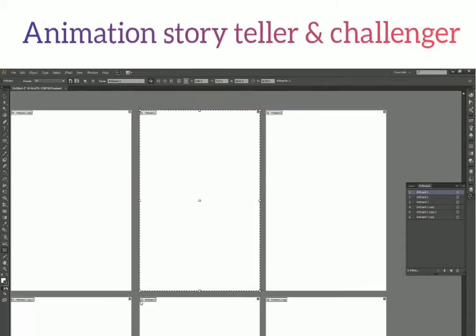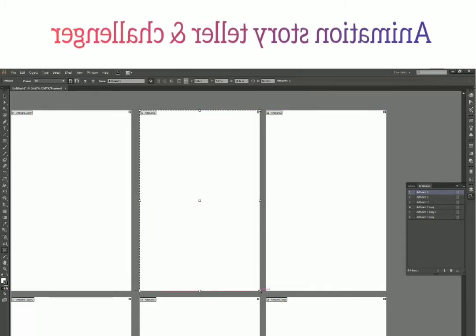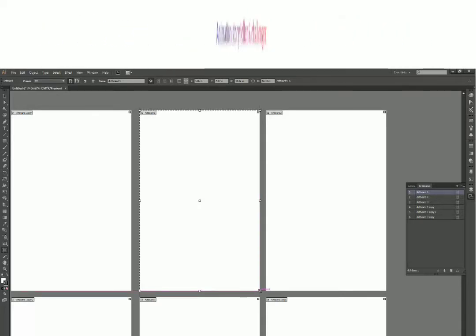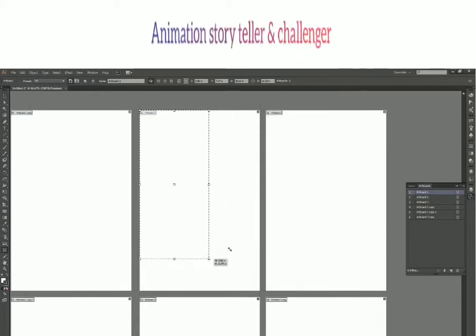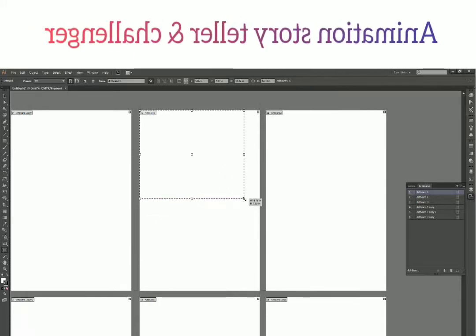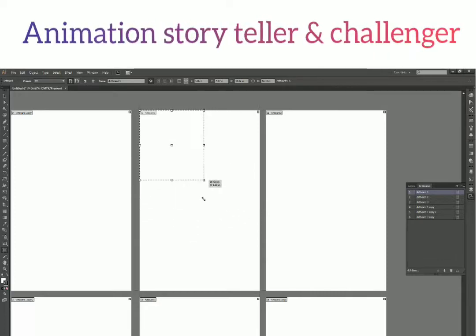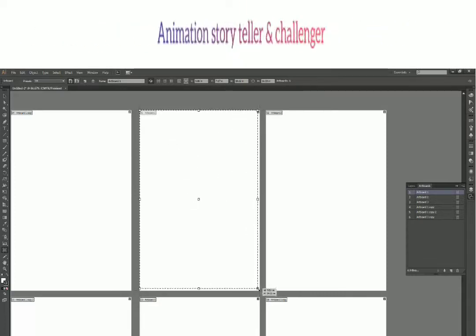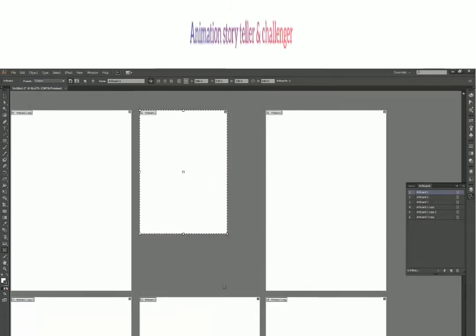Now you have these corner points, four corner points. I think by now it's very clear that if I click and drag, we will have full control over both directions. We can resize it in the vertical and horizontal direction at the same time. So yeah, I am just going to resize it to this much.